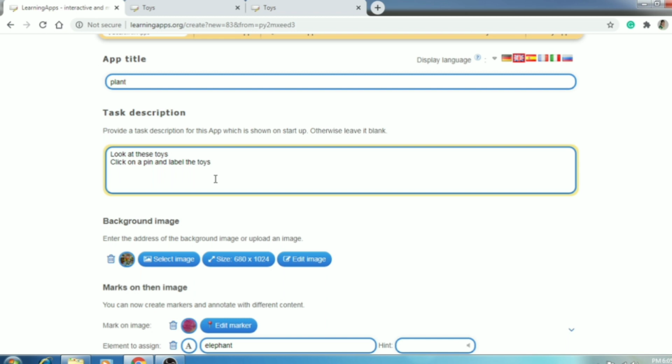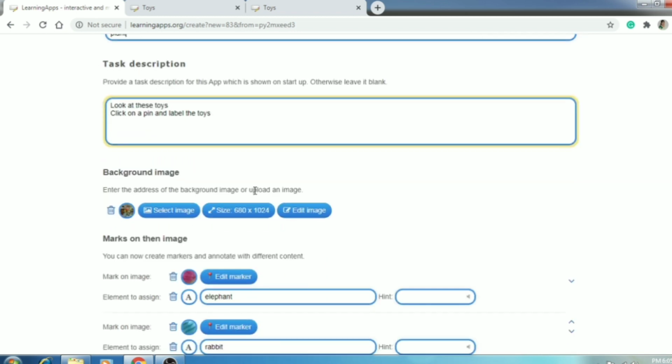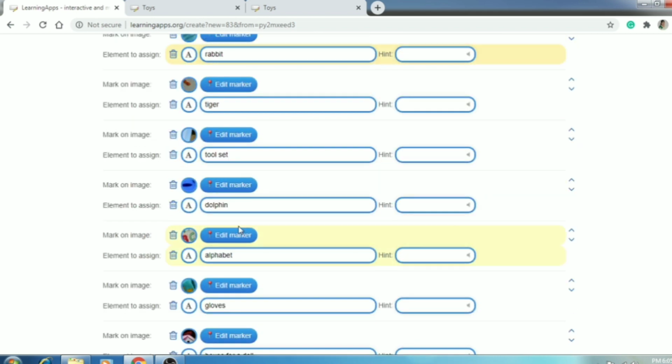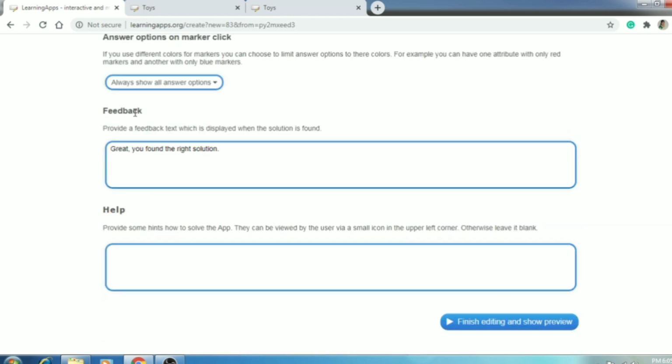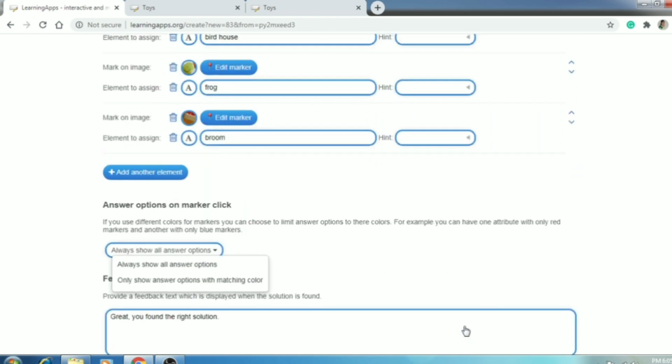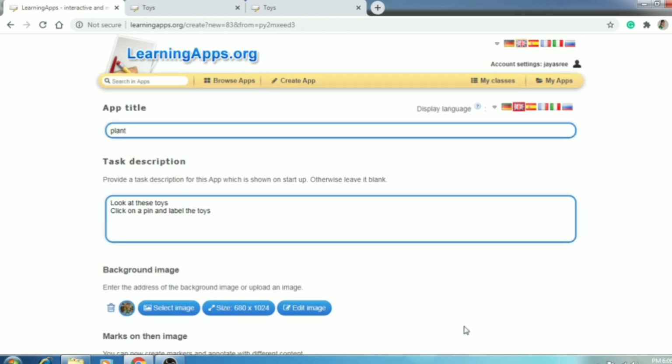You can also choose, on the top, the option Create App. You can click that and it will lead you to the same place. You have to have an account for that. So fill in your information here, take a picture, and on each side you have to label it and choose it. Here is one more option: when your student completes one question and goes to the next question, you can choose whether to show them all the options or only those left out. Once you finish everything, you can go for Create App and enable it. Those options are present at the end.